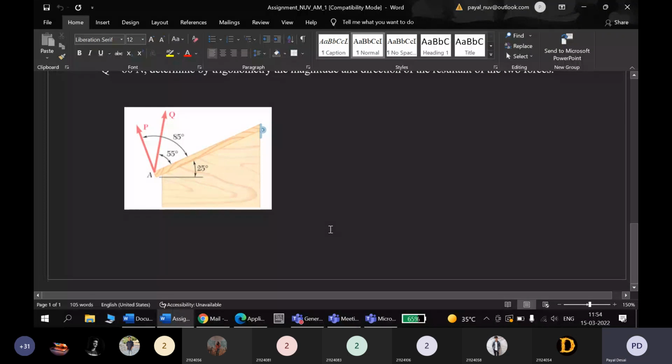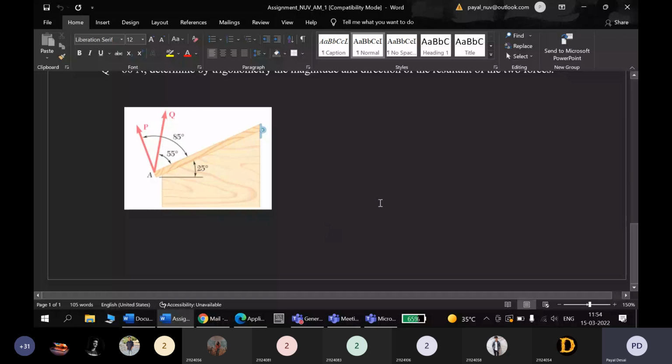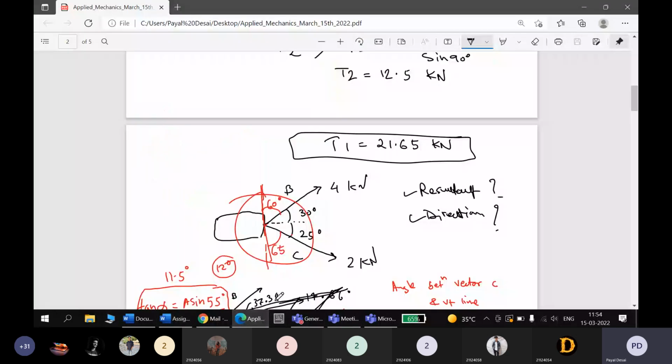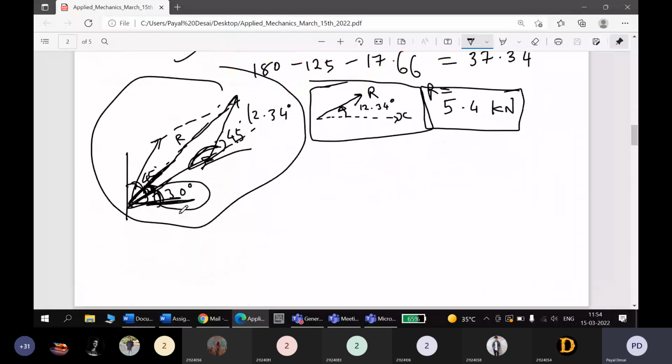हाँ मंडे से तो आप फिजिकली आने वाले हैं क्लासेस में, तो मुझे फिर एक नोटबुक बना दो एप्लाइड मैकेनिक्स के लिए, क्योंकि और भी असाइनमेंट्स आएंगे आपको प्रैक्टिस के लिए। So rather than A4 size, क्यों, क्योंकि ब्लैंक पेपर होते हैं, वो दिखने में अच्छा दिखता है। Like आप जो वेक्टर डायग्राम वगैरह बनाते हो, वो जो लाइनिंग वाला पेपर्स होता है, रूल्ड पेपर्स, उसमें वो ठीक से क्लैरिटी के साथ दिखता नहीं है। So I suggest that even if you are using notebook or paper whatever, just use the blank paper